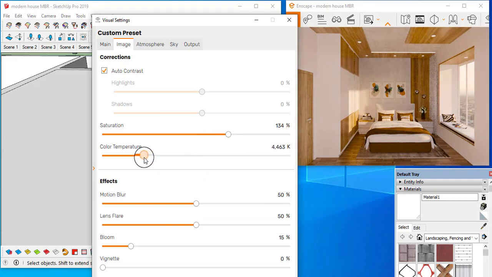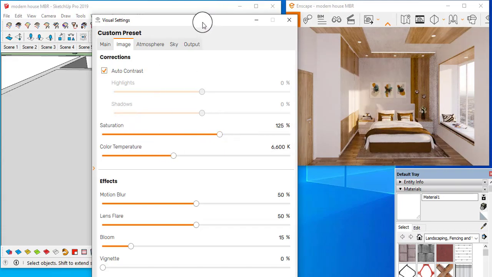If you decrease it, you will give the warm effect. If you increase it, you will get the cool effect. Simply at this 6600, that color temperature is okay, and there you can adjust this contrast according to your taste. The default values are okay, but the default saturation value is not creating a really good effect. That's why I'm just adding a little bit of contrast and saturation to the scene.